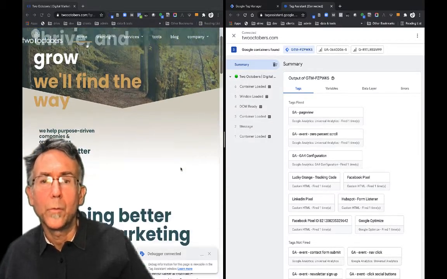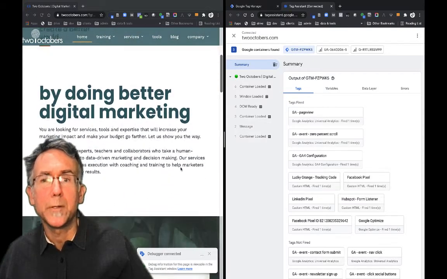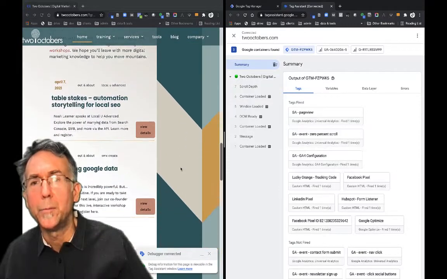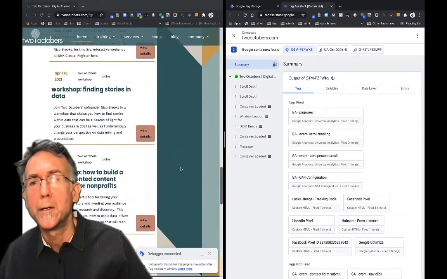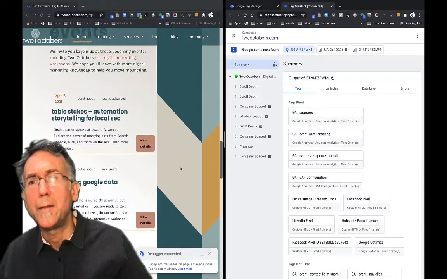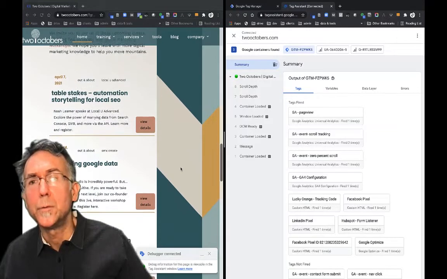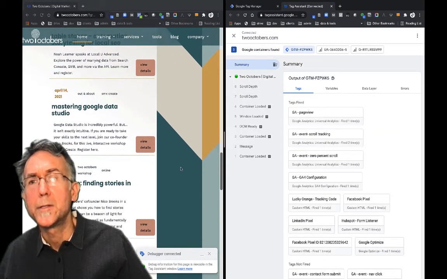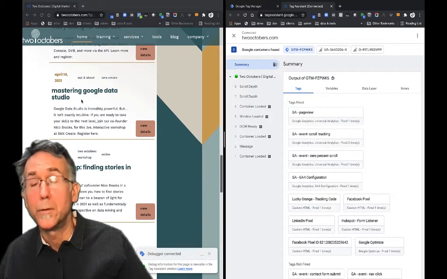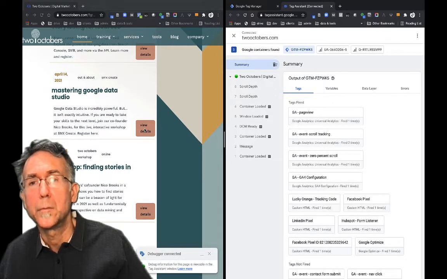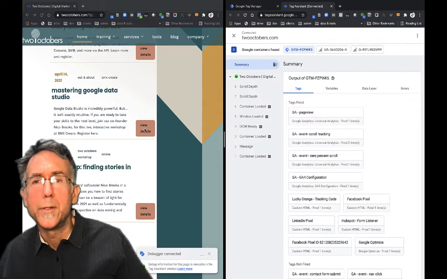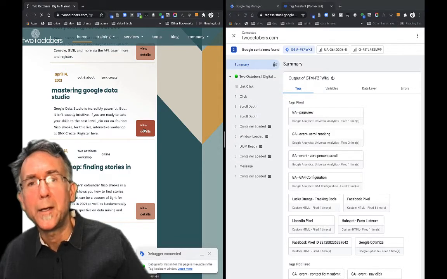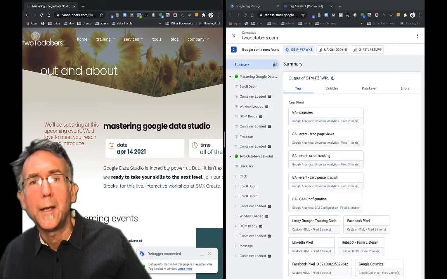And what I want to do is scroll down the page and find an element that I want to be able to track. So let's say that I want to track this Mastering Google Data Studio workshop. So I'm going to click on this button here, and it opened that